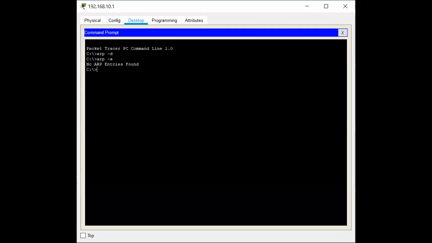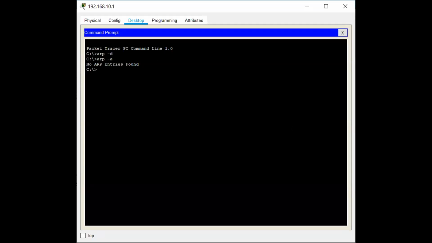The meaning is there is no mapping from IP to the MAC on PC number 1. Okay, આપણું 10.1 વાળું PC છે એમાં અત્યારે કોઈ પણ configuration નથી that can directly send the data to any of the another devices.